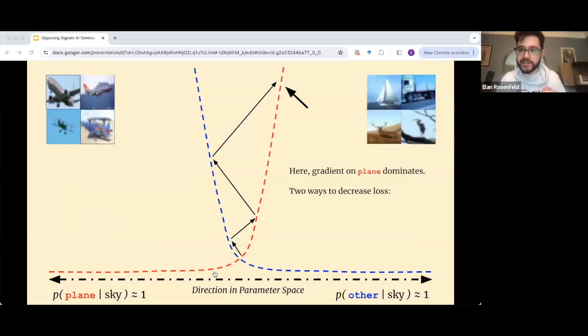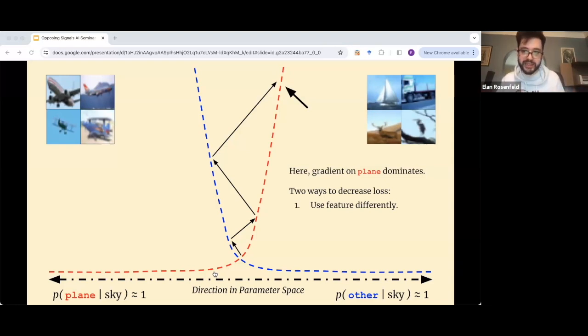And when this happens, there are two ways to decrease the loss. You're following the gradient at each step, so the gradient is going to point towards the network doing two things. One of them is you're going to use the feature differently, which is what we've been doing. It's why we've been oscillating. On the right side, we're saying that whenever the sky feature is present, predict all the other classes. That means we have very high loss on planes, and the gradient is pointing to, whenever you see sky, predict plane more, because you're not predicting it enough. So that's going to push us back across to the other side.